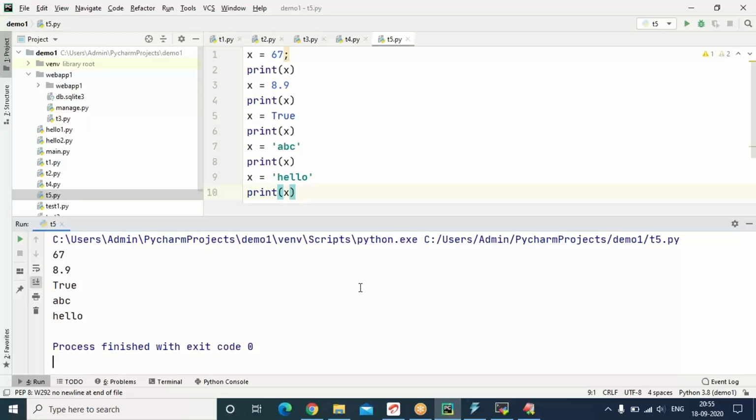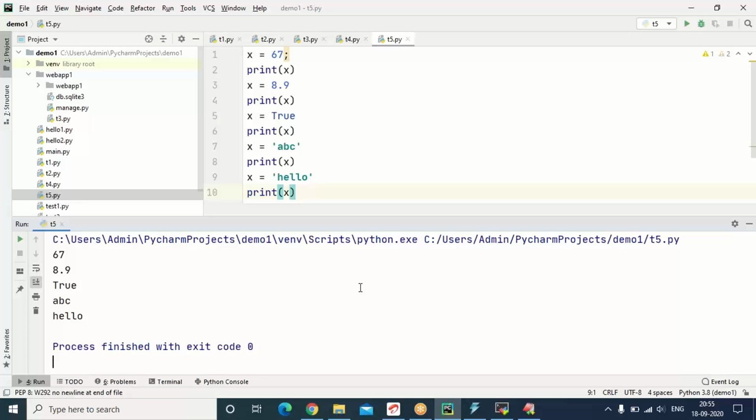Variable means a container where we can store one varying value. At any time only one value. The same value can be modified whenever we wanted.